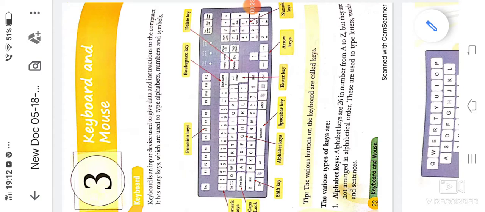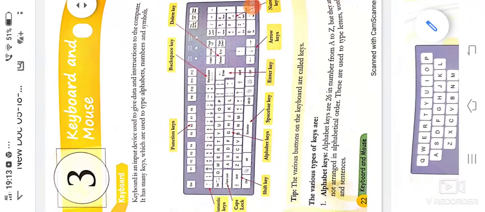What is keyboard, my dear students? It is an input device which we use to give data and instructions to the computer. It has many keys which are used to type alphabets, numbers, and symbols. My dear students, what are keys?